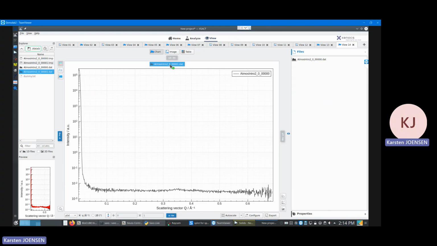Now we have the second data set done. Let's take a look and throw that into here. So what you can see here is that there is actually a slight additional peak over here. This is the peak from the Kapton window that is closest to the detector, and this is the peak from the Kapton window that is on the other side of the sample. Both of these, of course, are something that will affect your data, and subtractions is something that you have to